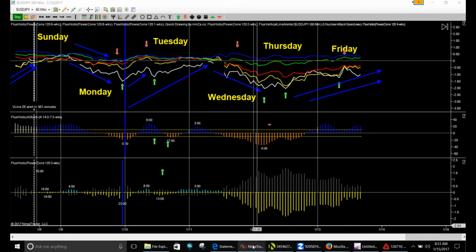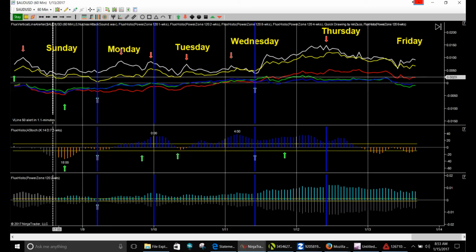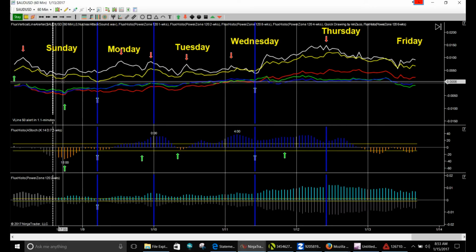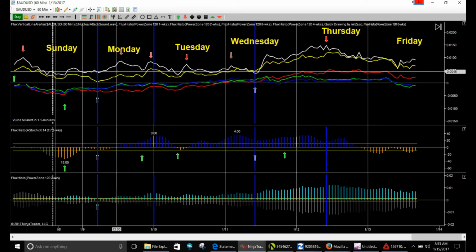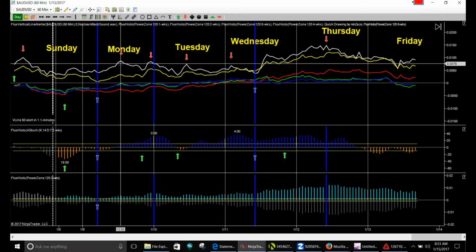Very simple trading. The next up is going to be Aussie U.S. dollar 60-minute right here. Market's going to open. Here's a white line, and then it'll look like we're going at 1800. It's going to go up, and it looks like it's going to just wave nicely to the upside until we get to Monday at 1300, which is about 1 p.m. New York time, and then it's going to drop,